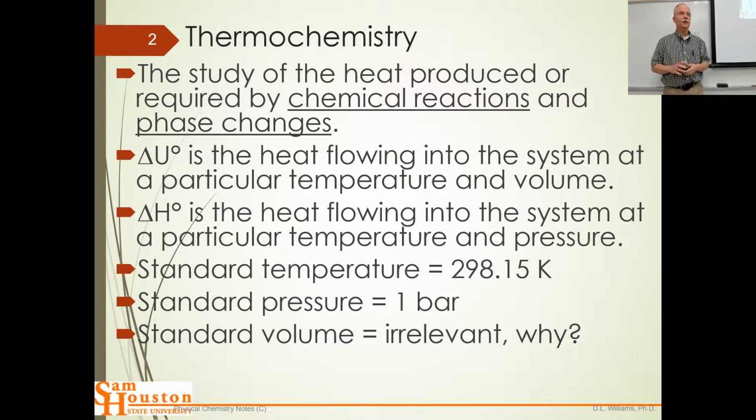I don't know why. It drives me crazy. They're 1% different. Does it really make that much difference to use bar versus 1 atmosphere? Why couldn't they just leave it? The standard temperature and pressure with the ideal gases is a much older standard, and so I don't know why they didn't. It's like 1.0185. And then standard volume is irrelevant. I just put that in for discussion. So why do they not specify all three? Talking about Gibbs, it's just these.